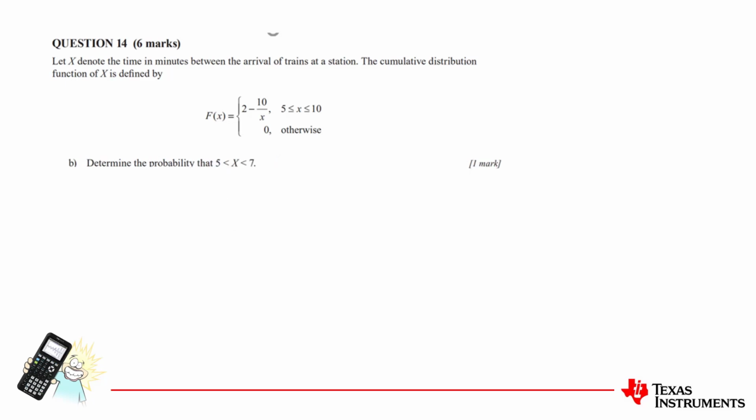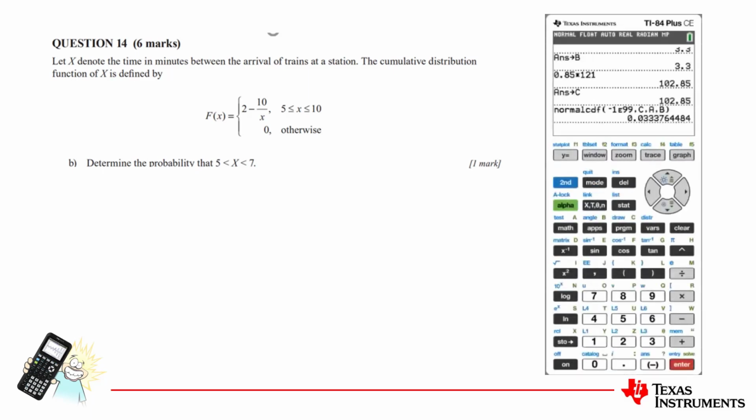Then we want to determine the probability that x is between 5 and 7. So now we're using that same probability density function that we found before, and we can do this just by subbing in 5 and 7 into that probability, or we can integrate 5 and 7 into our cumulative distribution function, or we can integrate that derivative between the values of 5 and 7, and that's what I'm going to do